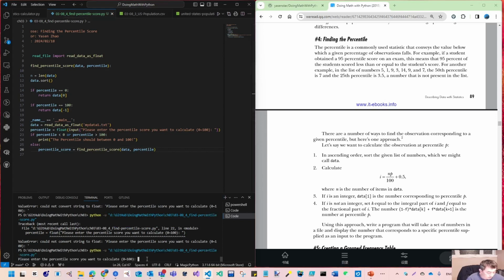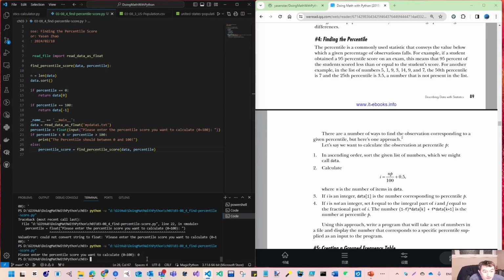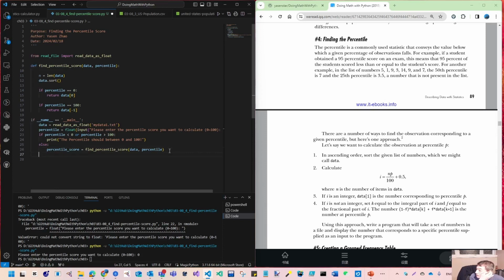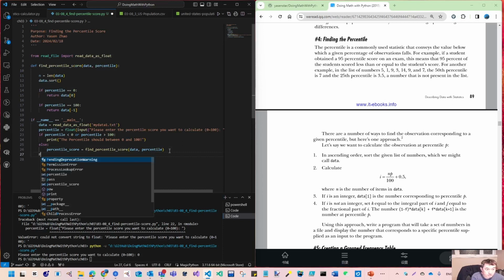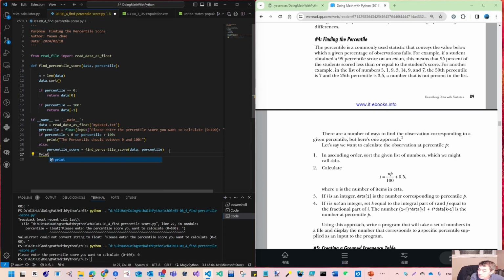Oh yeah, I have to run, so input. Now it's adding this. Let's try to see. I want to have 0. Oh, it doesn't show anything, because it's returned. I haven't made the print. So how to print: I go to just the print. So print the score at this percentile we gave,